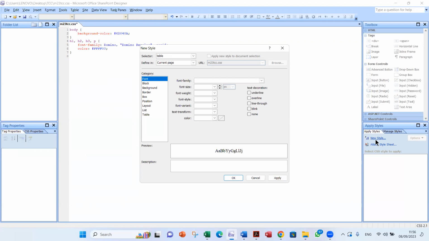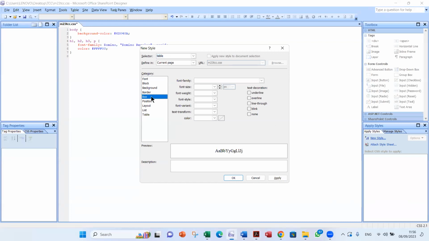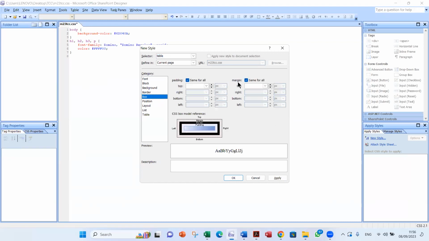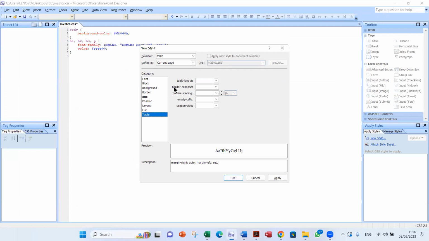And then you want it center. Go to box, margin, untick that, same for all. Make the right margin auto, make the left margin auto. It will write the code for you and hopefully it will display it correctly. Border collapse, go to table, and this is border-collapse and make it collapse. So instead of borders being two parallel lines, it will be collapsed into single. I think that's it. Click OK.